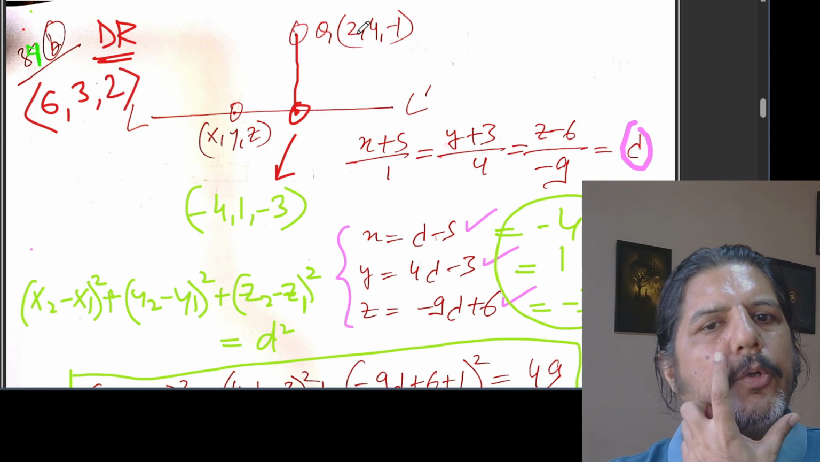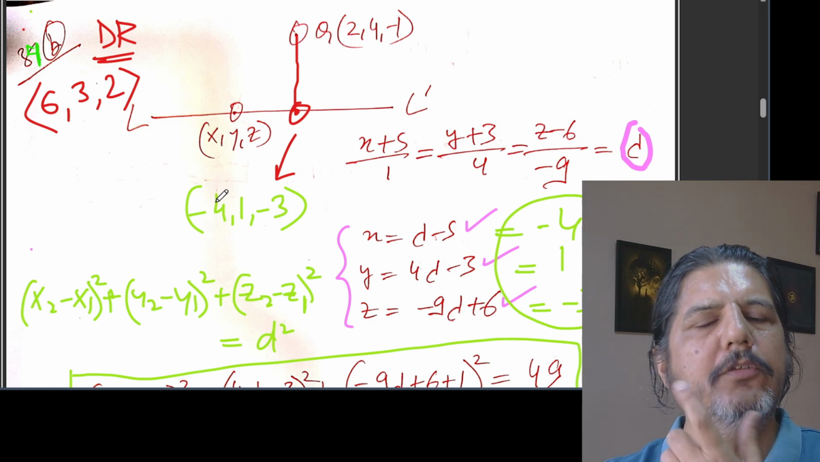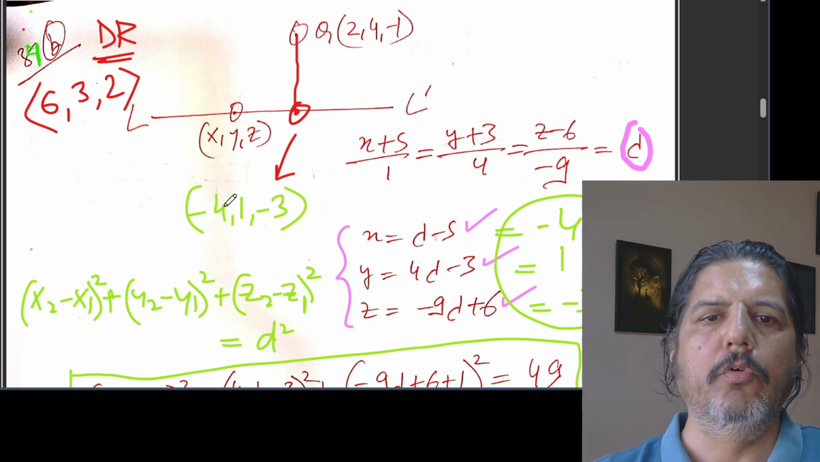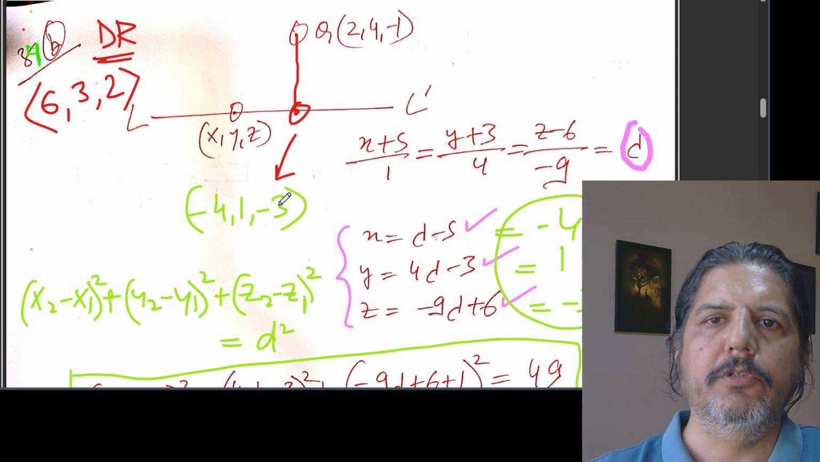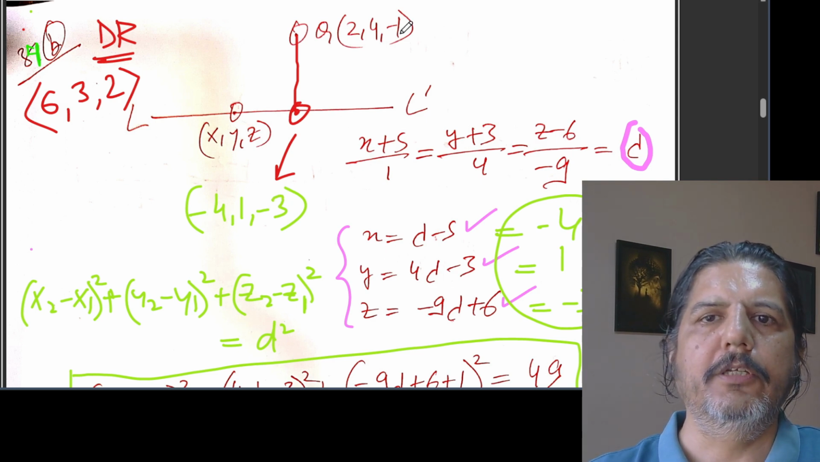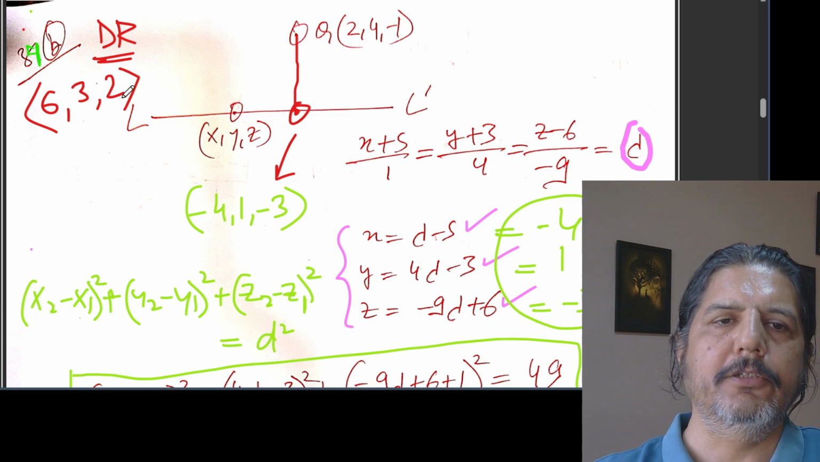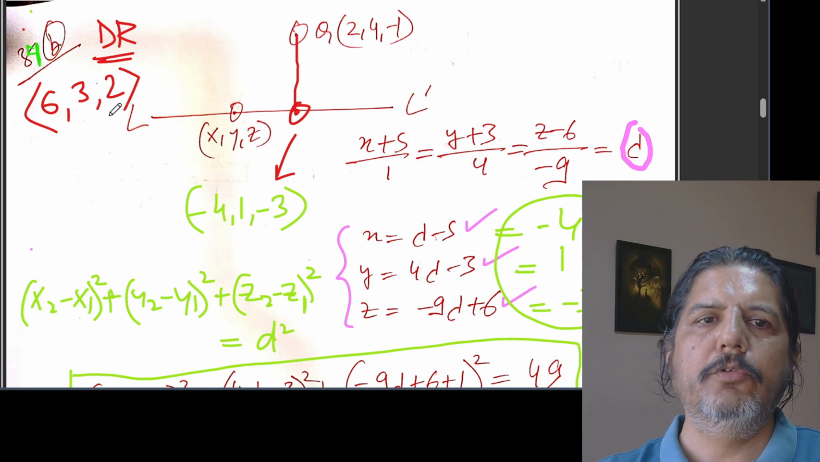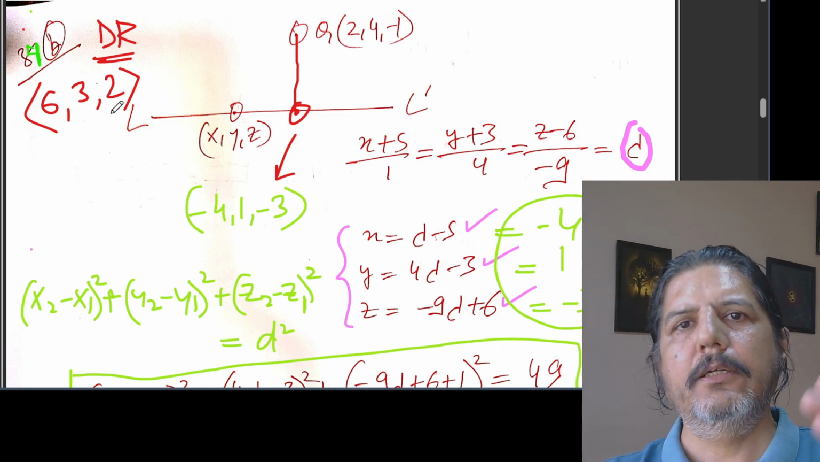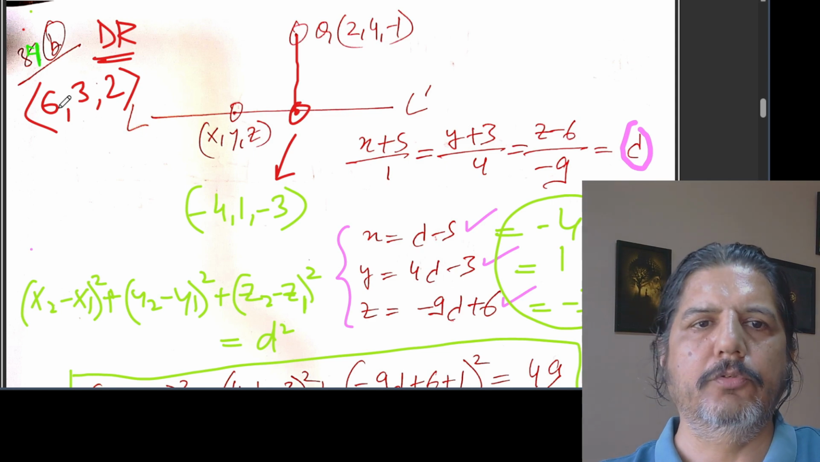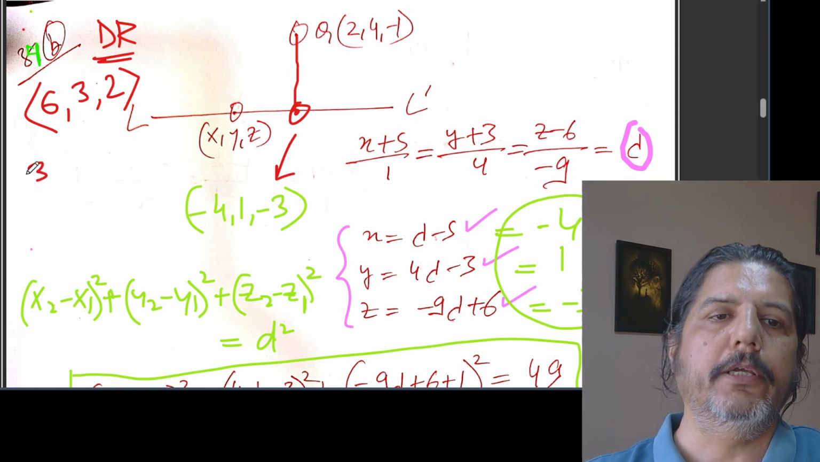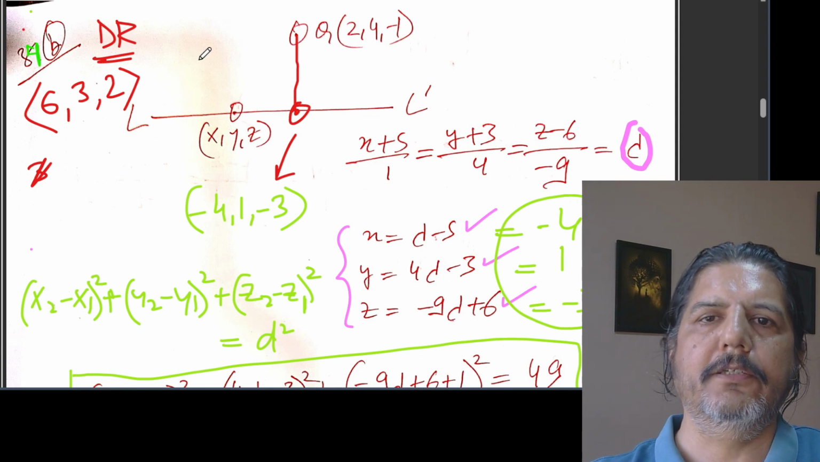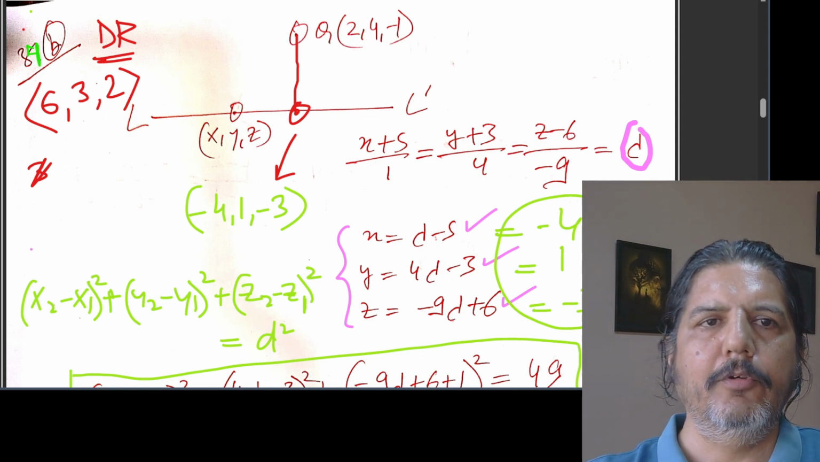I'll repeat. 2 minus minus 4 would be 6. 4 minus 1 would be 3. And minus 1 minus minus 3 becomes minus 1 plus 3, so 3 minus 1 is 2. So these are the direction ratios. Now, for direction ratios, you can also boil them down to the basic ratio. I can't do that here. So 6, 3, 2 is the direction ratio, and the equation of the line would be